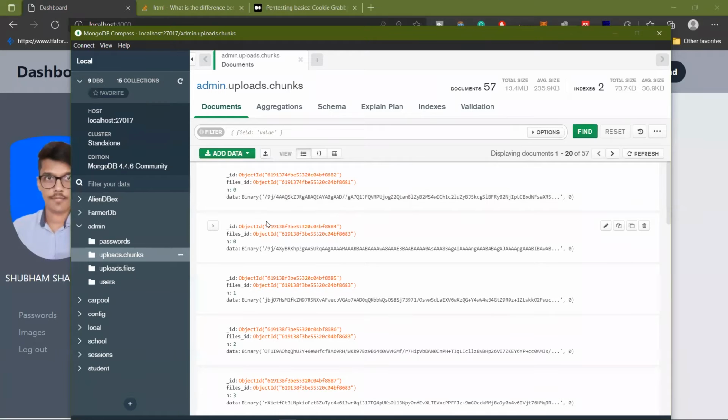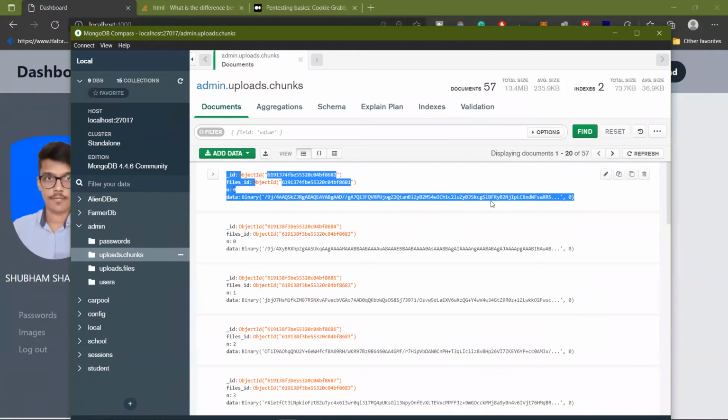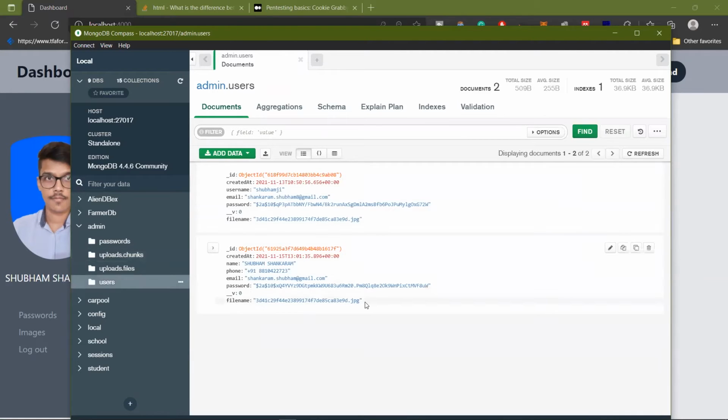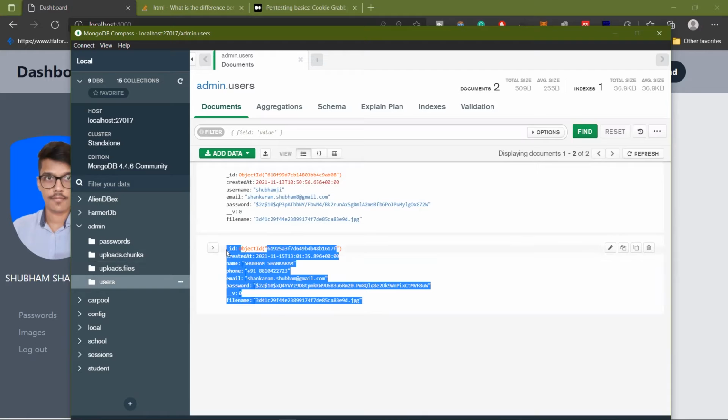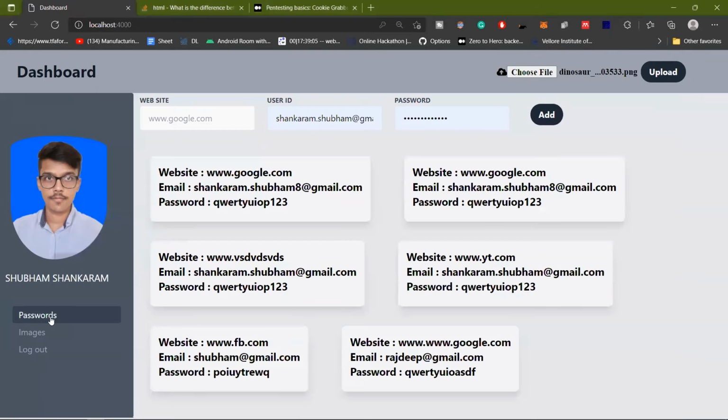In our next implementation, we'll change this MongoDB to store all this data in the blockchain to make it more secure, and retrieving and storing data, everything, will be in the blockchain only. And the passwords, everything will come from the blockchain.